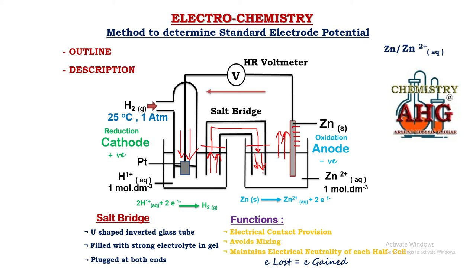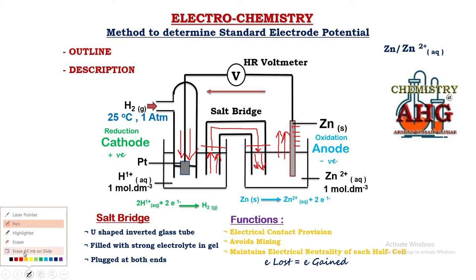What is the reason? A cell ultimately expires because the anode has a limit, a saturation point. After that, the anode cannot undergo further oxidation. So cells expire not due to electrical neutrality, rather they expire when their anode is consumed maximum. So this information you must remember, why and how electrical neutrality is maintained.